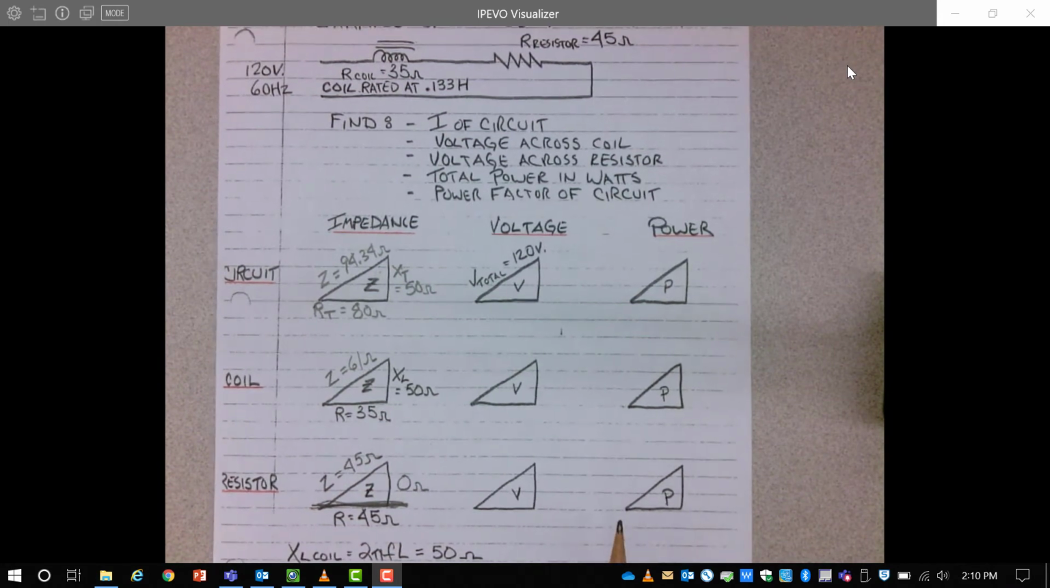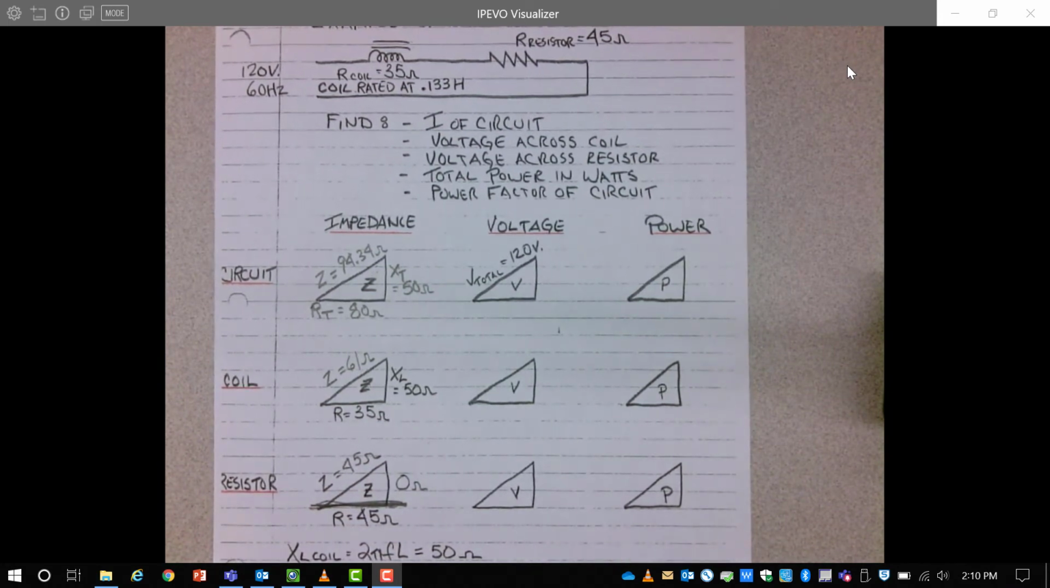Okay, now we know the total impedance of the circuit, and from there we can find the current of the overall circuit. And current in a series circuit is always a great thing to know because it enables us to move from one set of triangles to the next fairly easily. So the current of this circuit,